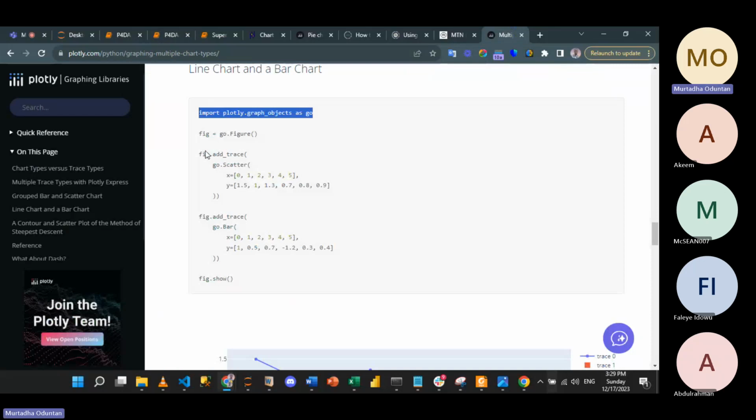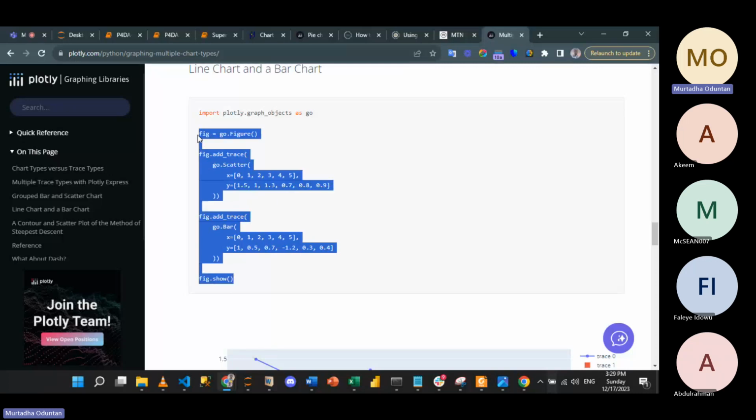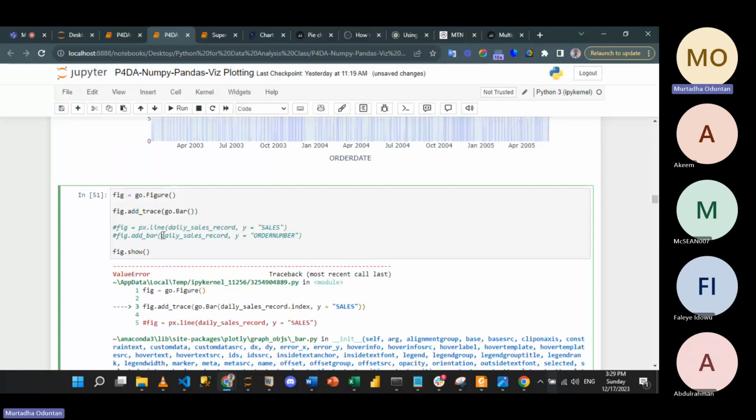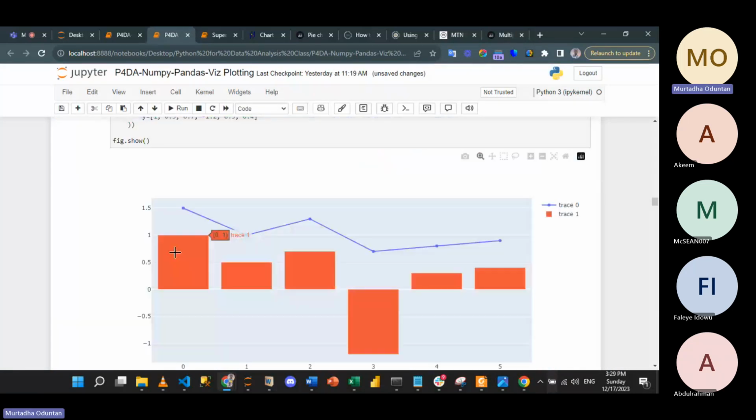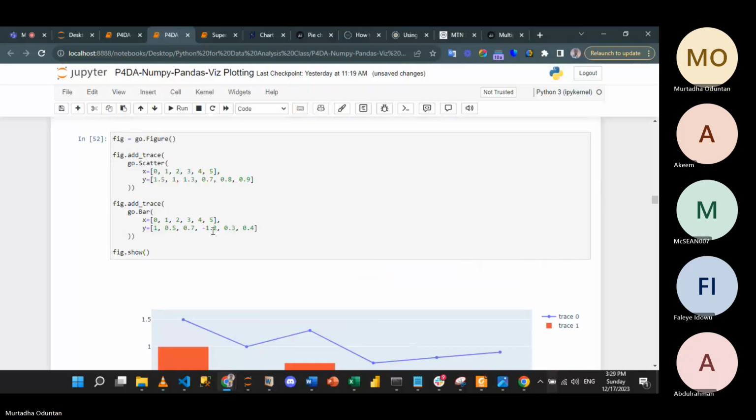Okay, let's try something here. Let's use this example that we have here first and see. So when we run this, okay,